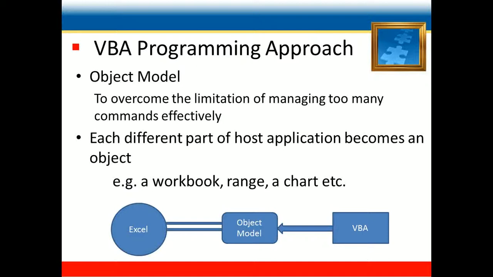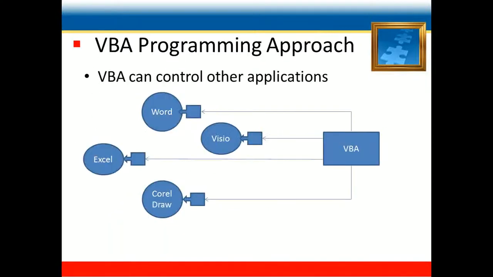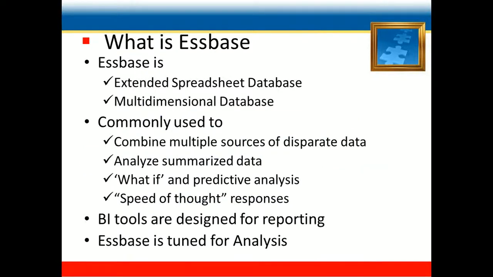Because of the object model, VBA doesn't need any special access to the internals of Excel. Rather, Excel exposes its capabilities to the outside world by means of the object model, and VBA then talks to the outside model. This means that an Excel VBA macro can control not only Excel but also any application that provides an object model. All Microsoft Office applications and several other Microsoft and non-Microsoft applications provide appropriate object models.